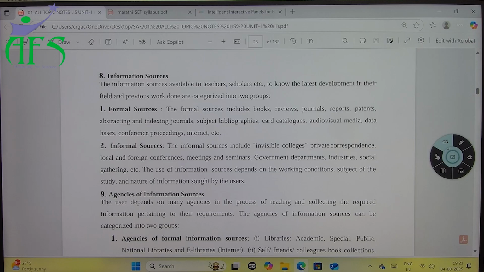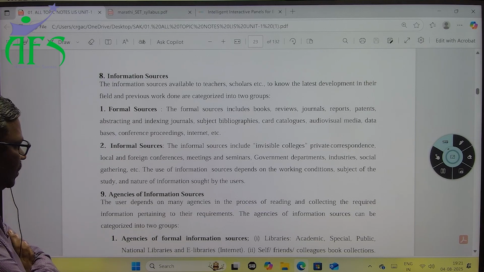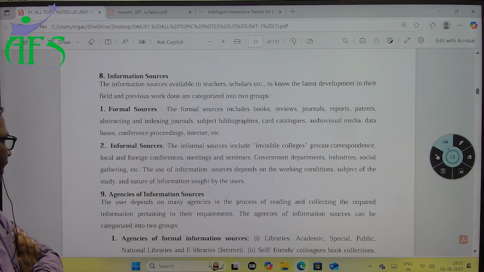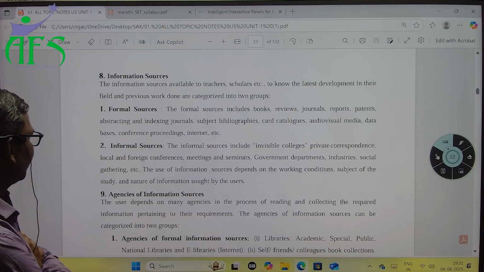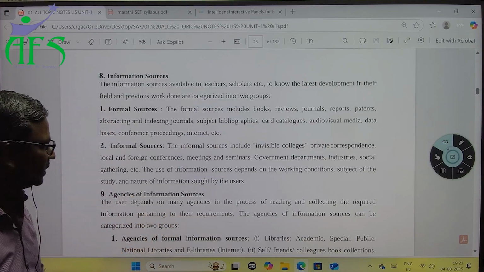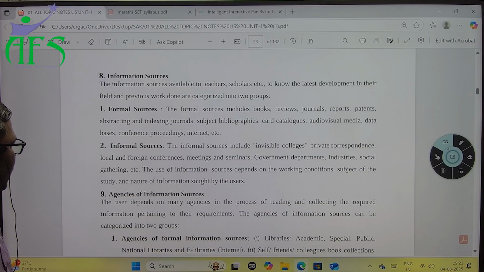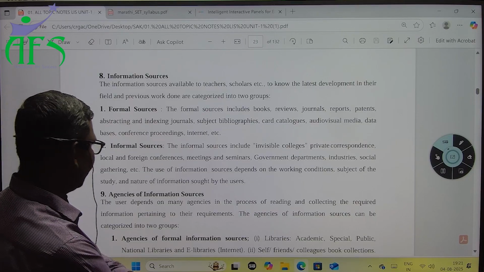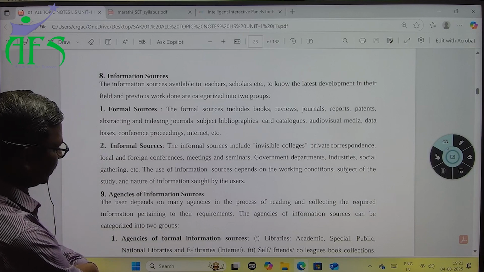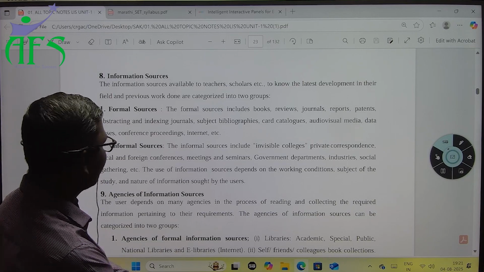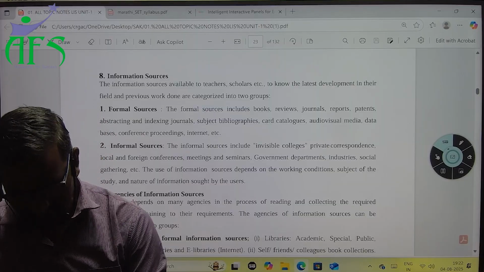So formal sources. The formal sources include books, reviews, journals, reports, patents, abstracting and indexing journals, subject bibliographies, cards, catalogs, audio-visual media, databases, conference proceedings, the internet itself, etc. All these are the formal information sources. And the informal sources include invisible colleges, private correspondence, local and foreign conferences, meetings, seminars, government departments, industries, social gatherings, etc. Okay. So the question will be asked: you identify the